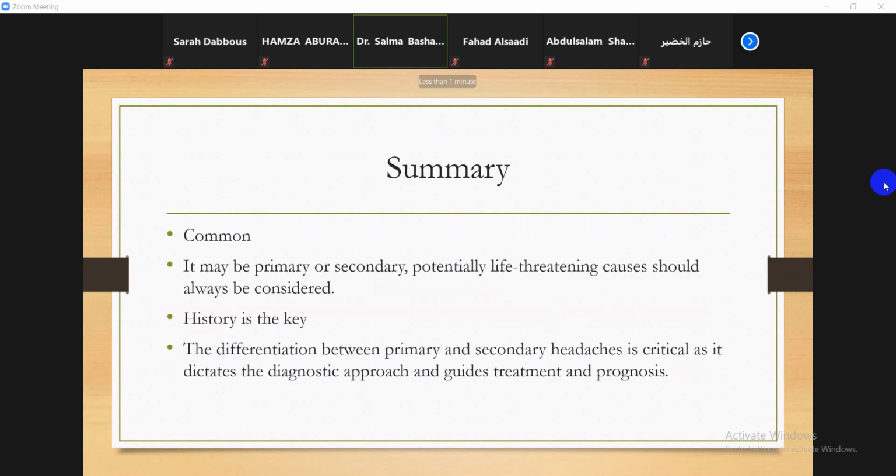To summarize, headache is very common. It may be primary or secondary. Secondary meaning potentially life-threatening causes. And the differentiation is very important; history is the key whenever you evaluate patients with headache because it dictates the diagnostic approach, the treatment, and diagnosis. Remember, you have to know all the primary headache disorders, the trigeminal autonomic cephalalgias, giant cell arteritis, and examples of the